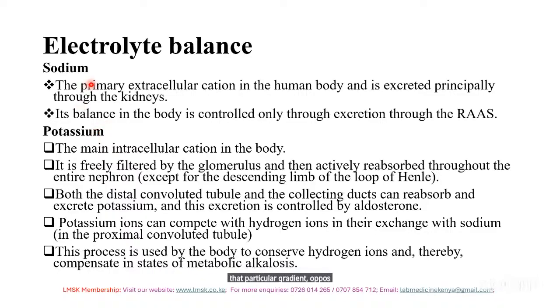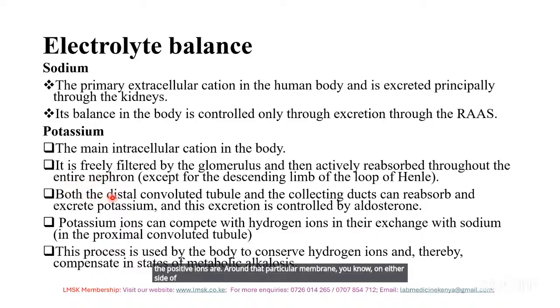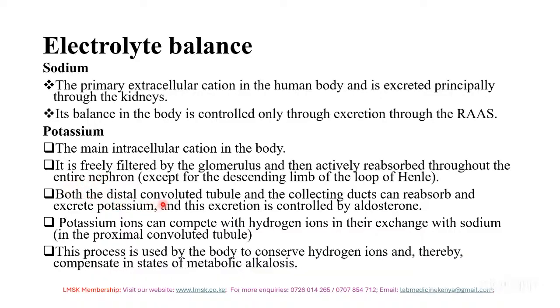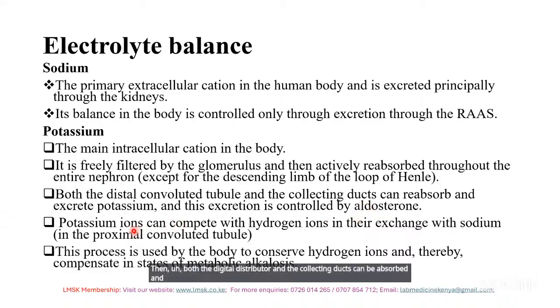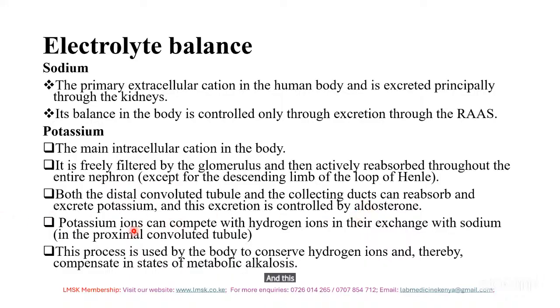If sodium is coming into the tubules, potassium is getting out of the tubules to balance the positive ions on either side of the membrane. Then both the distal convoluted tubule and the collecting ducts can absorb and excrete potassium. And this excretion is controlled by aldosterone, the same hormone that controls sodium